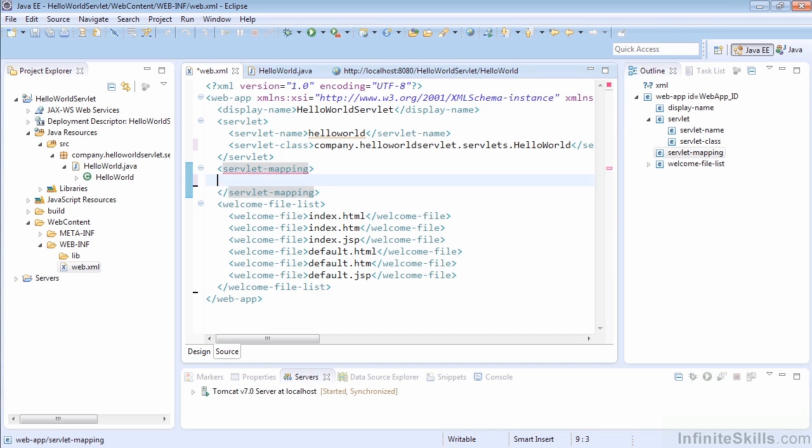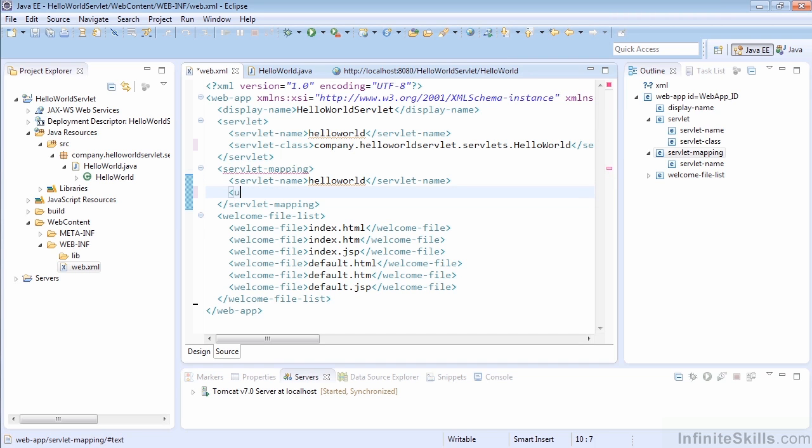Of course, we need a couple things in here as well. And the first one, once again, is going to be the servlet name. And that servlet name is required because this, of course, is the variable name that links these two sections together. So the system will know to link that servlet name that has the class Hello World Servlet to this servlet mapping. So what I'm going to do is create the URL mapping, and so URL pattern is the actual code